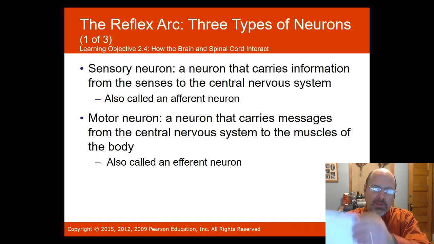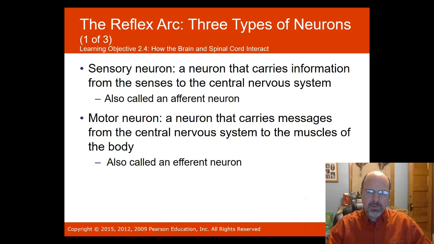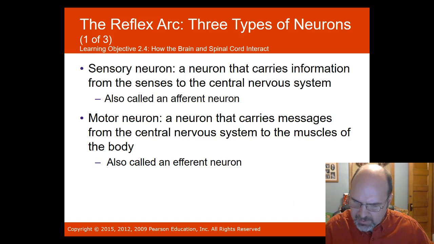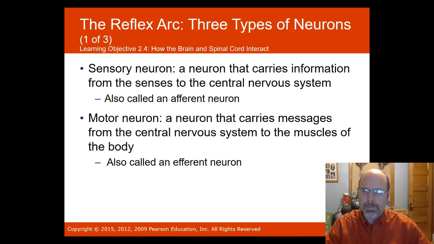That's the reflex arc, where you have a sensory neuron, and it's called the afferent neuron. It carries information from your senses to the nervous system. The motor neuron carries the messages that come from your central nervous system to different muscles of the body. That's called the efferent neuron. To help you understand this, the afferent neurons access the spinal cord, A, A, where the efferent neurons exit the spinal cord to your muscles, E, E, efferent.